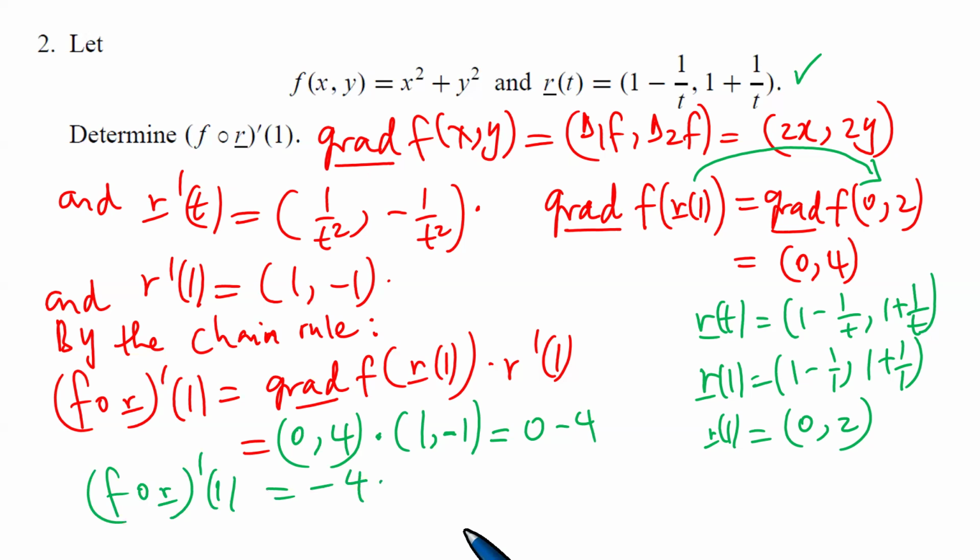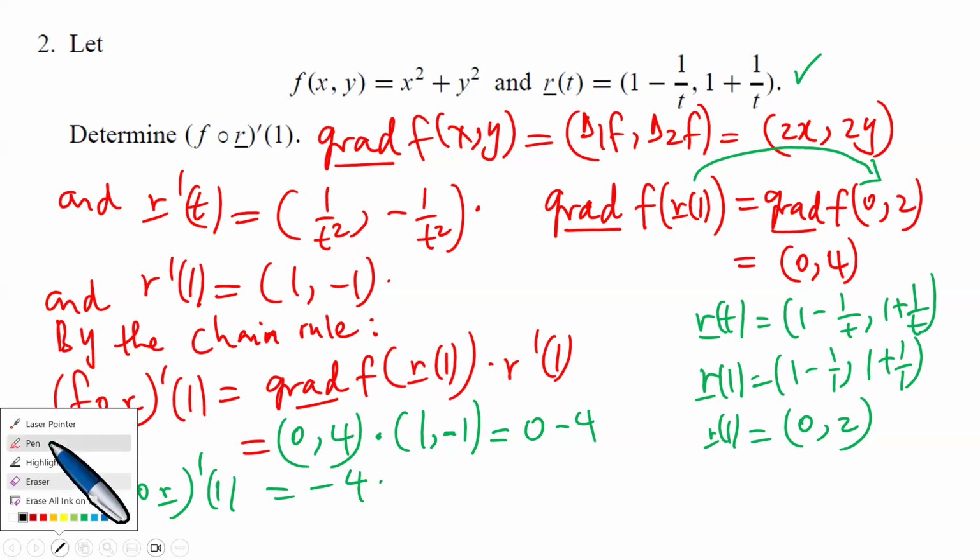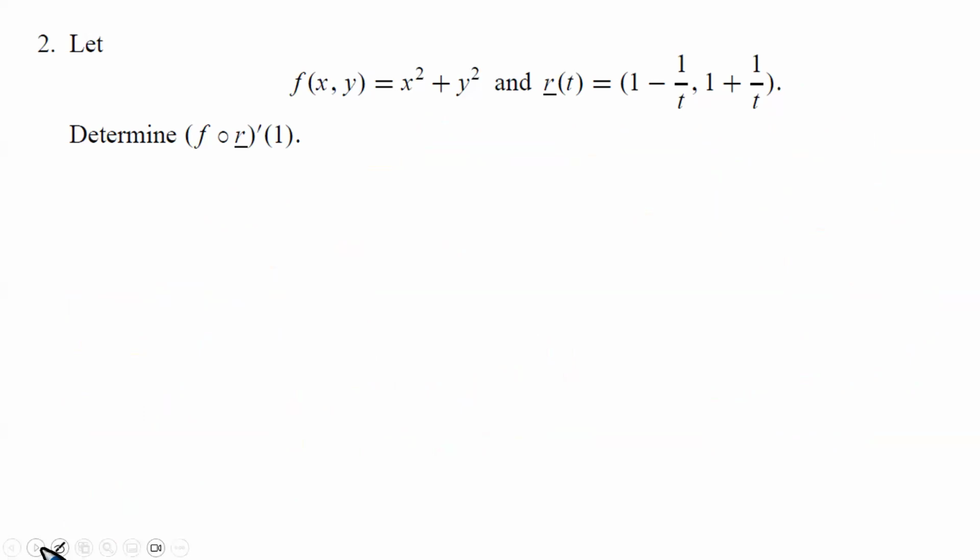And most of the time, the question is going to be like, determine the composition of f and r primed at a number. So at this point, it's at 1. So it can be at any number. But now what is very important is following these steps, because the marking memorandum would follow this pattern as well. Okay, now, however, this is how normally it comes in the exam, but we actually can look at other